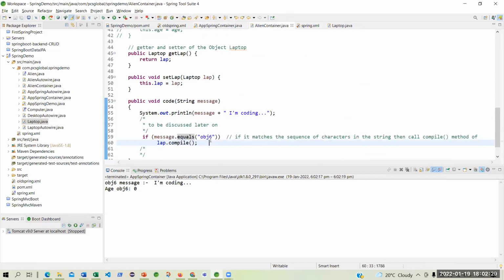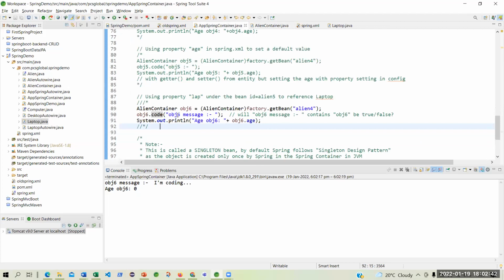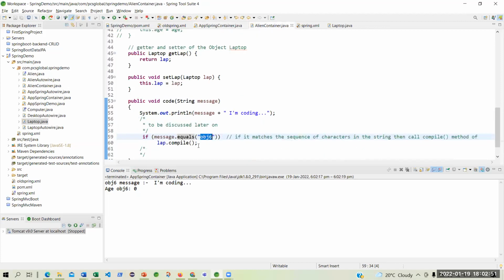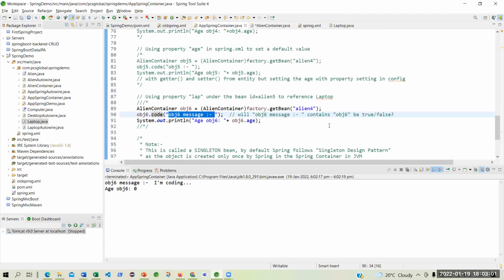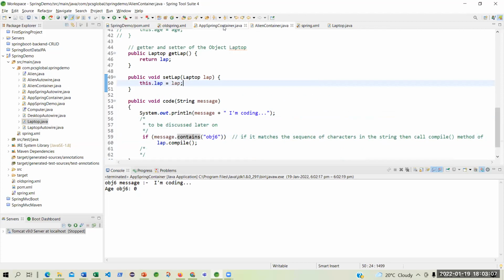I'm coding. Because this returned false, since message is not equal to only obj6, but the message has this thing. The entire thing is this message. So it is not equal, but definitely if I say contains, that means that is one of the matching words in this sentence. Matching word in this sentence. Now it will work.